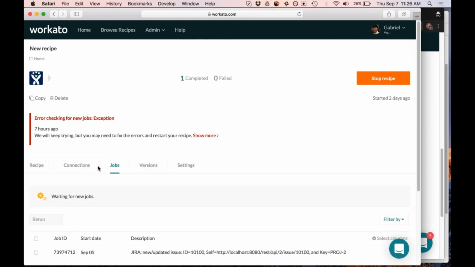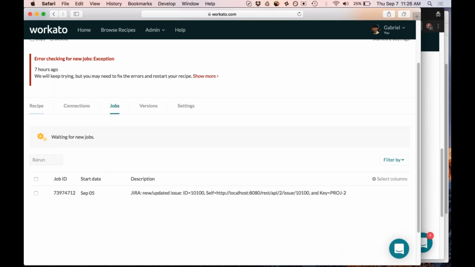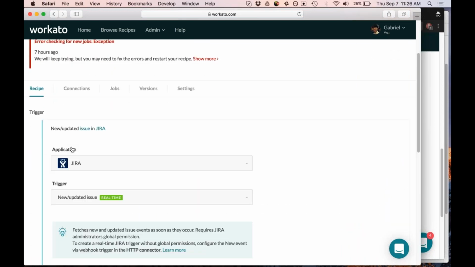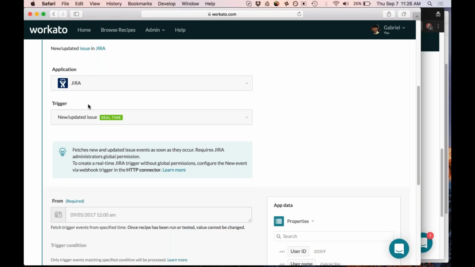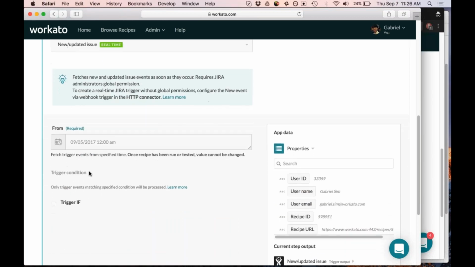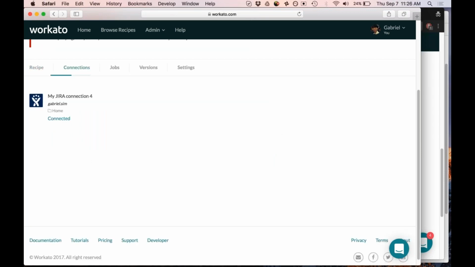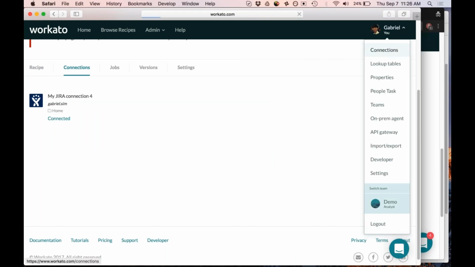And again, this thing is not running, but if you look at the recipe itself, it looks like any other Jira connection. So the way that you can check the connection is here, and here it is connected to my Jira Connection 4, and if I go to that, you'll see